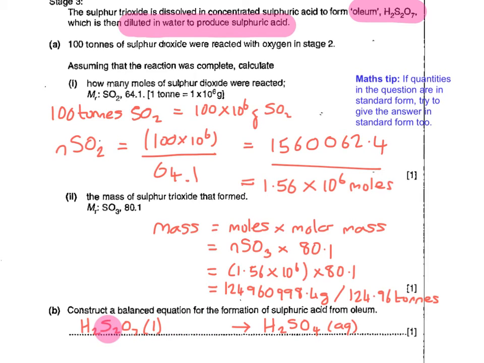If I draw your attention to the fact that there's 2 sulfurs in oleum and only 1 sulfur in sulfuric acid, obviously there's got to be at least 2 sulfuric acid molecules that are made from 1 molecule of oleum. This now makes the hydrogens unbalanced. So this is where the water comes in,